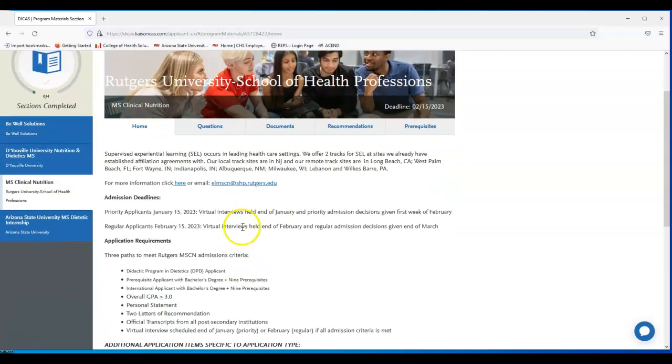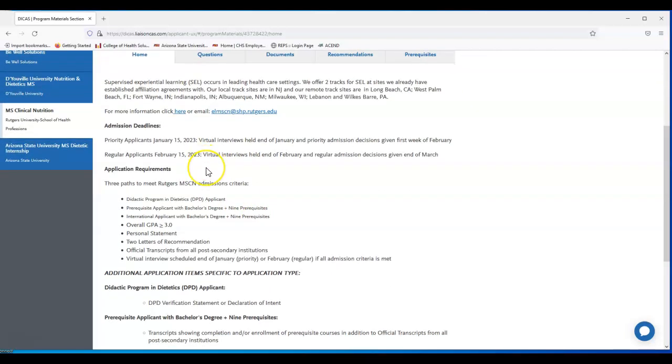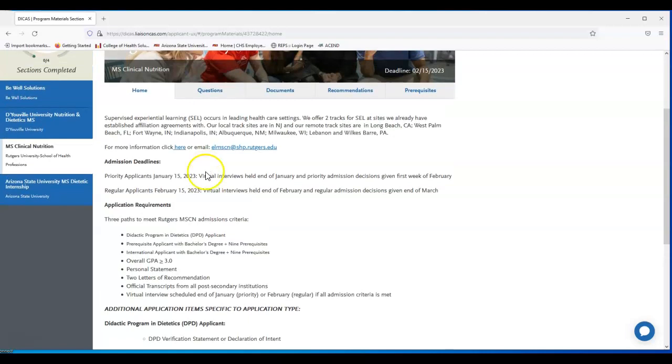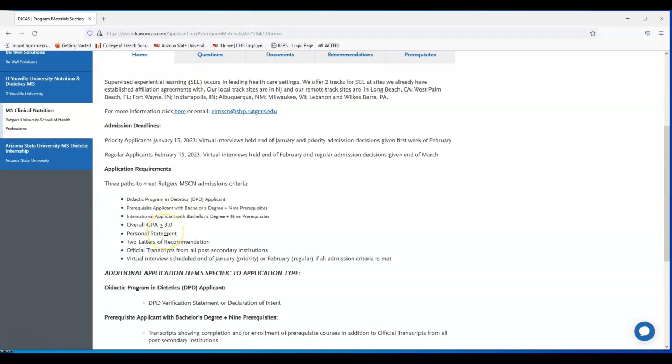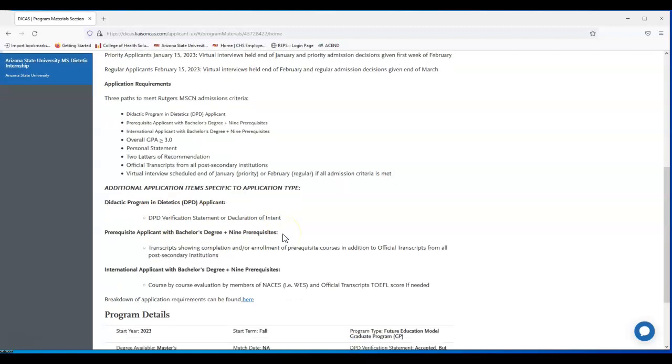Rutgers. So they have a home page as well. Obviously, this is a future education model. Okay, it's giving you what their application types are. So it's giving you additional application items specific to application type. So if you're a DPD student, you're coming from an accredited DPD program, you need to provide them this statement, or DI, Declaration of Intent.